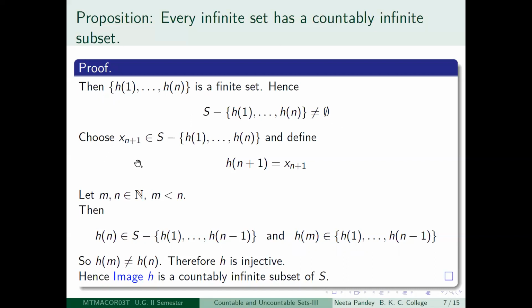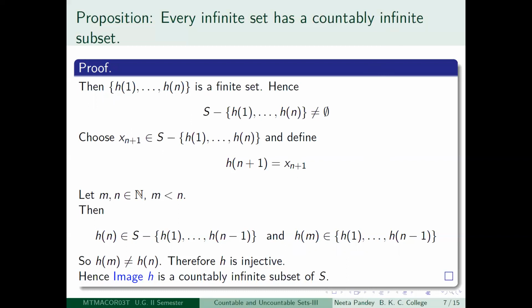So choose a random element x(n plus 1) in this set S minus h1 to hn, and you define h(n plus 1) equal to x(n plus 1). So this is your inductive step. So this tells you how you define h for any positive integer. Okay. So suppose you have got this map,